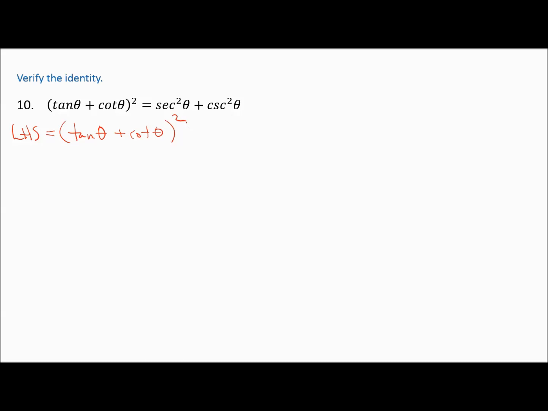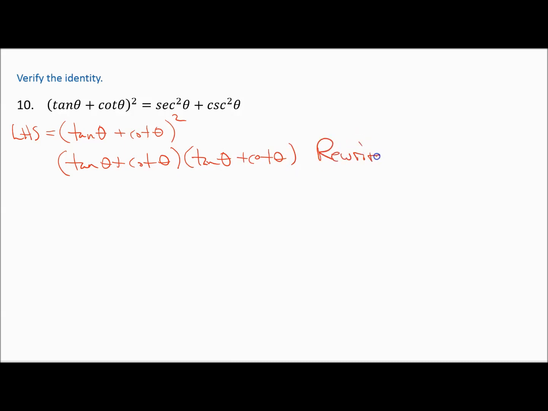Now, what you cannot do, please don't ever have addition or subtraction with a square on the outside and just tell me each one of those is squared, because that is not what it is at all. What it is, it's tangent of theta plus cotangent of theta times tangent of theta plus cotangent of theta. Okay, so I'm